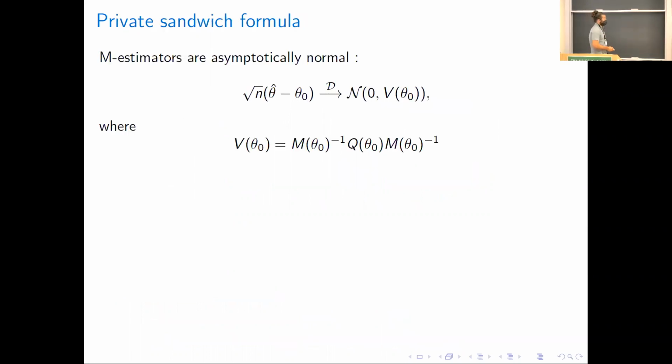And just very briefly, how would we do inference? Classically, in statistics, you would say, if the estimator is asymptotically normally distributed, it has some variance V. To obey this so-called sandwich formula, you would plug in your estimators of theta naught, the parameter you're trying to estimate, which you don't know. You center the parameter estimate around the true parameter, and then use the estimated variance to give you the confidence bands.